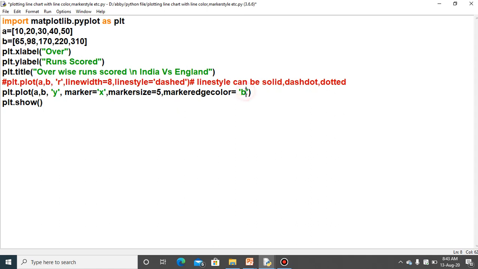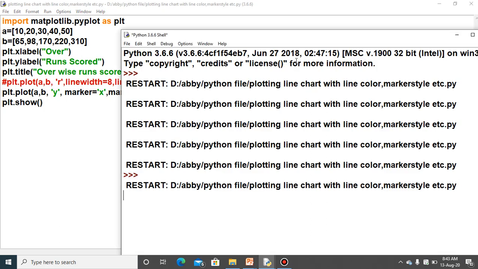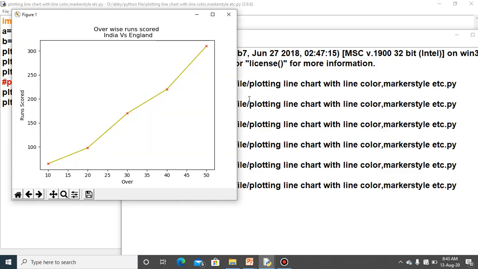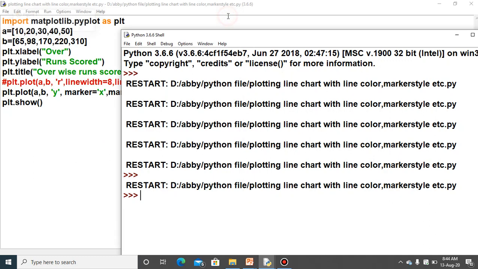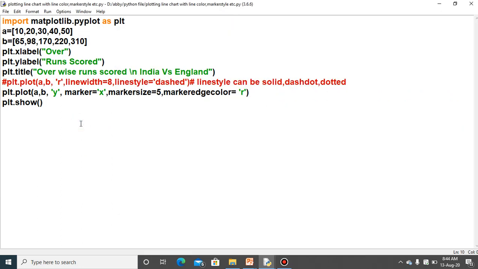Marker edge color was blue; this time I want to make it red. So just see the changes here. Yes. Line color was yellow, so it is coming as yellow. The cross marker size is reduced over here, with the color red, and the marker edge color is coming as red. In this way you can see the changes on the graph.